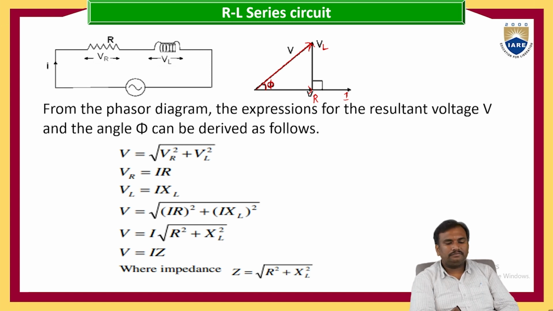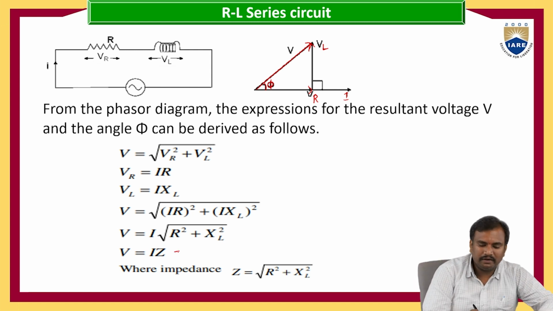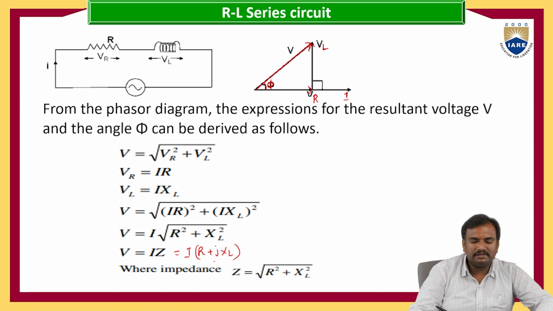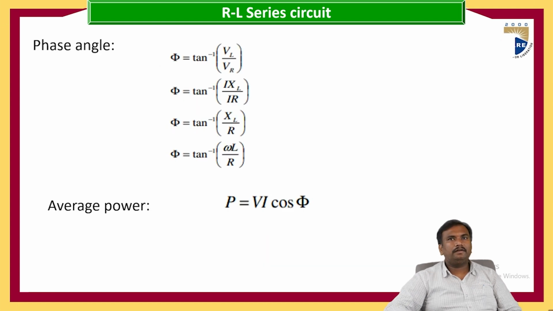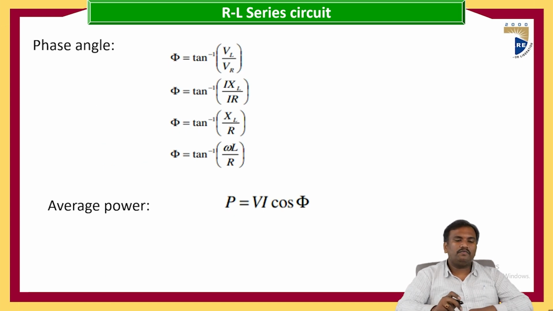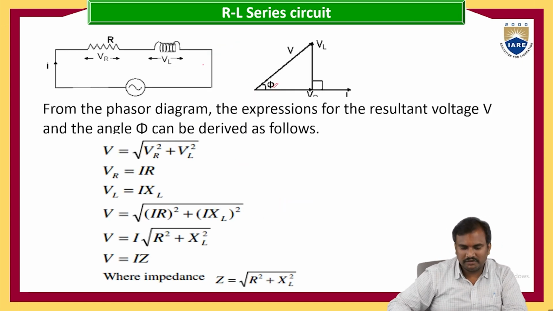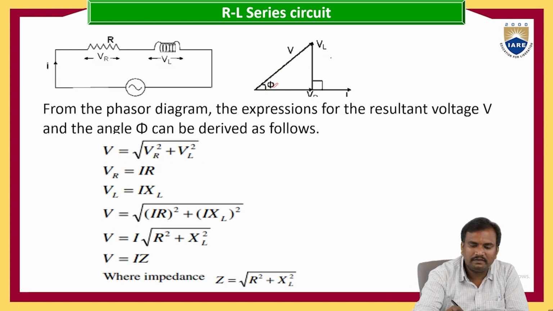So here we can write it, in terms of the imaginary value, as Z is equal to R plus jXL. This is the impedance of the RL series circuit. And here the phase angle can be taken as phi. How are we going to get the phi value? That is tan